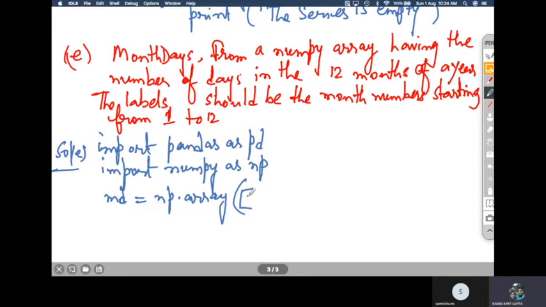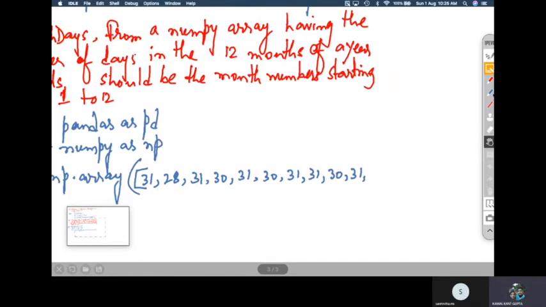January contains 31, February 28, March 31, April 30, May 31, June 30, July 31, August 31, September 30, October 31, November 30, December 31. So these are the 12 values.